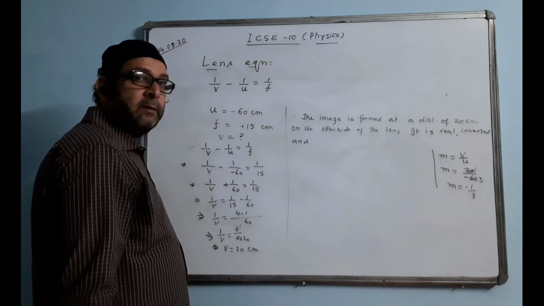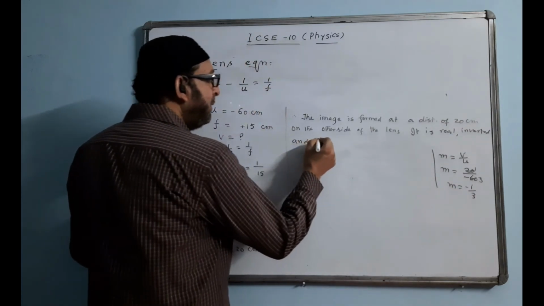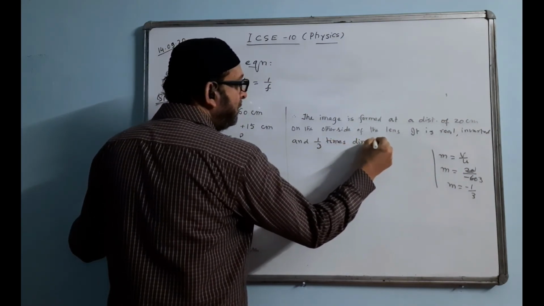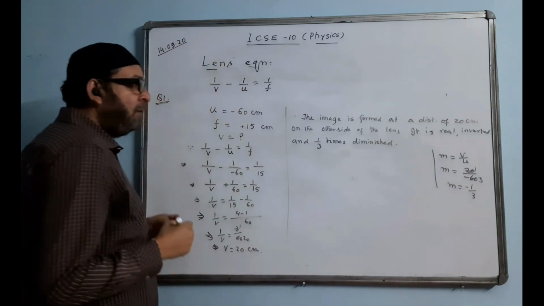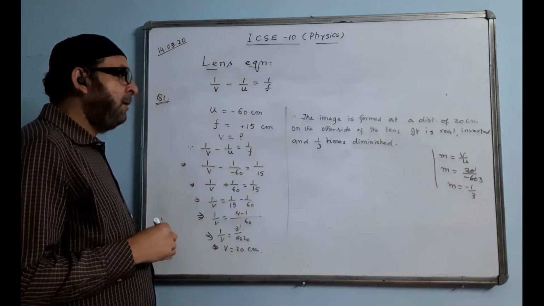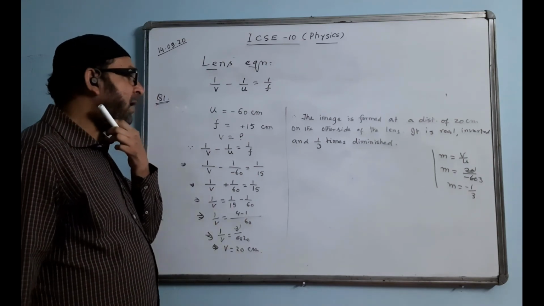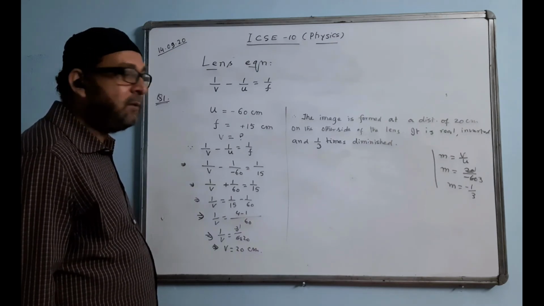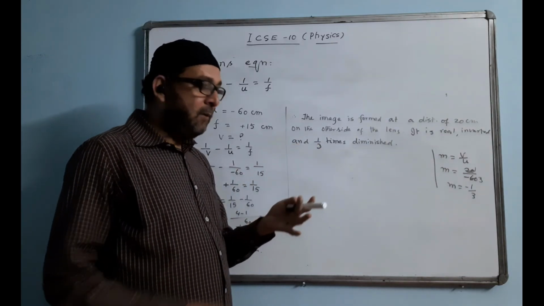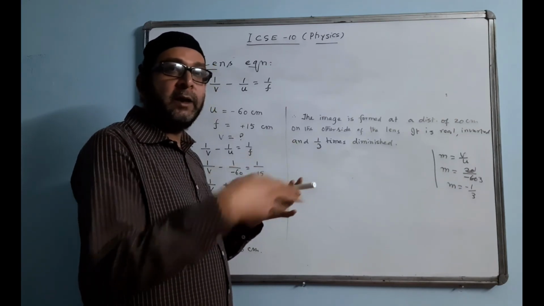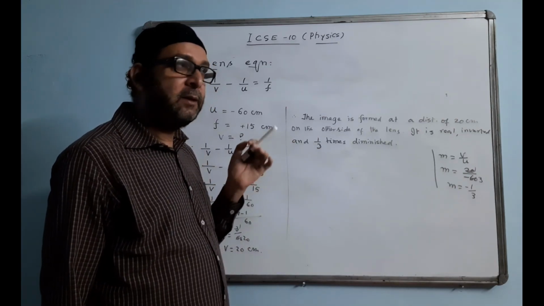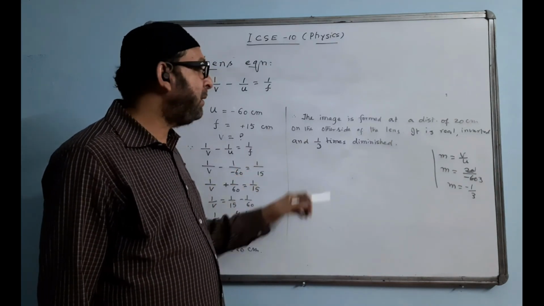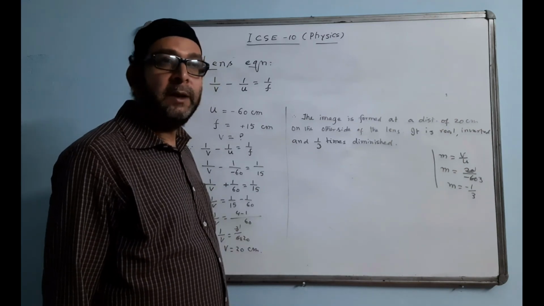1 by 3 is less than 1. So it is 1 by 3 times diminished. Diminished means small. By chance, if they say the size of the object is, for example, 30 centimeter, what is the size of the image? We know the size of the image is 1 by 3 times. We calculate 1 by 3 into 30, which cancels and the answer becomes 10 centimeter. That means the image is 1 by 3 times smaller, or diminished.